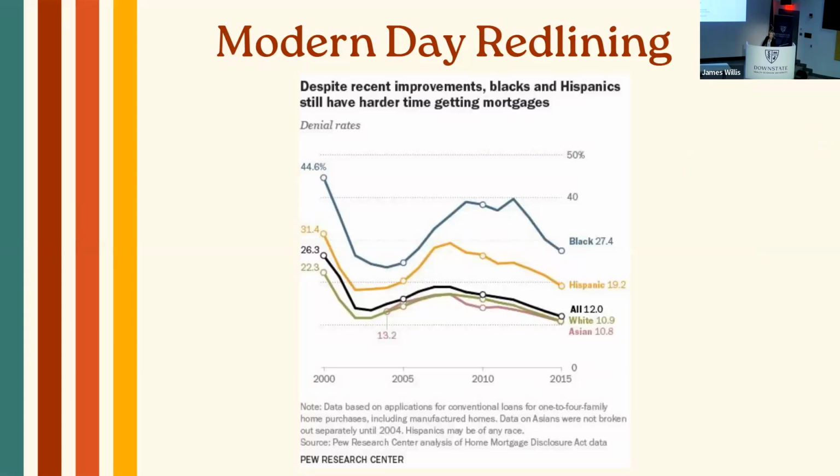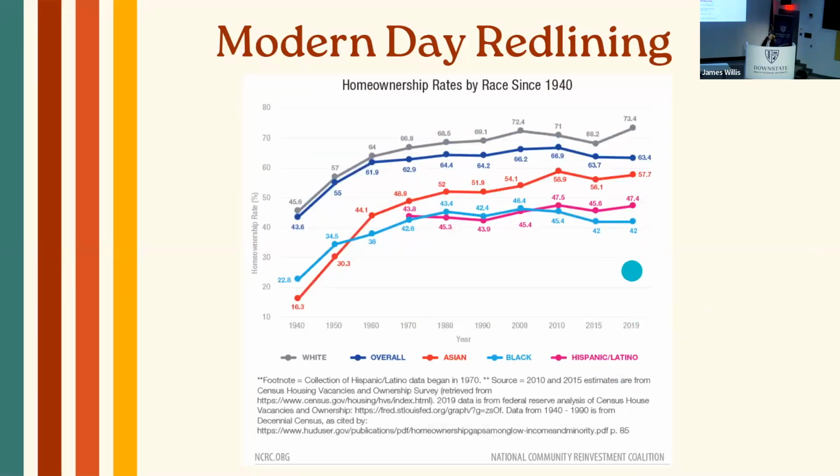Unfortunately, despite all of the legislation, we still see significant similarities in communities who have less access to loans or pay higher interest rates on loans. This data is showing that Black Americans are still more likely to be denied mortgage loans compared to all other populations, but particularly white and Asian. And because, when you're not able to get a loan, again, home ownership,